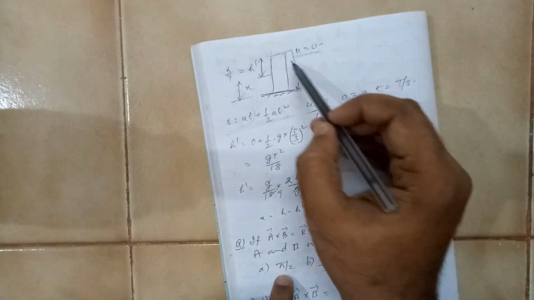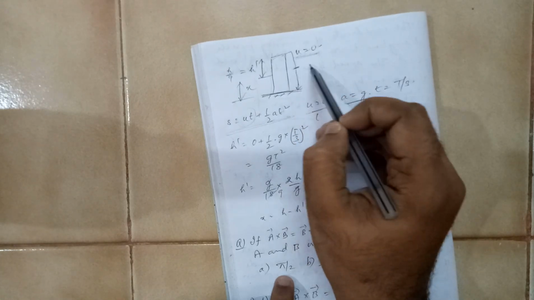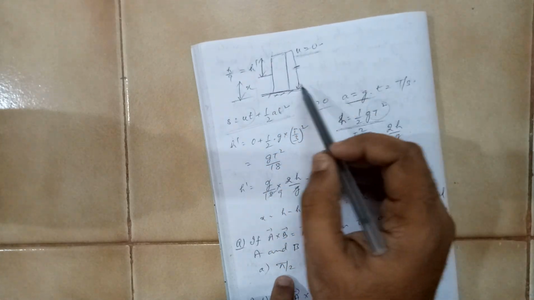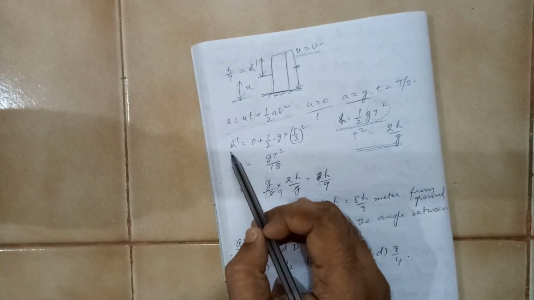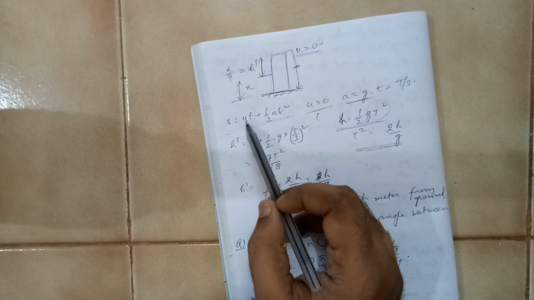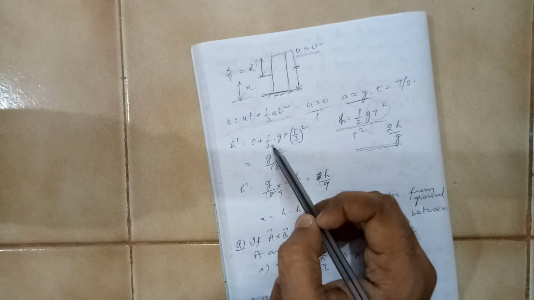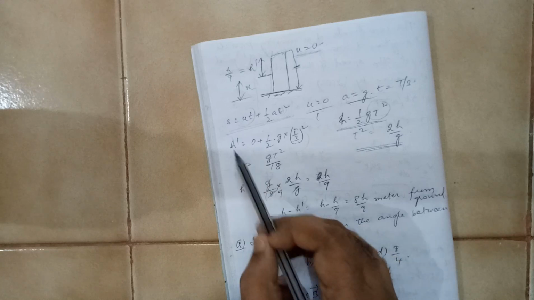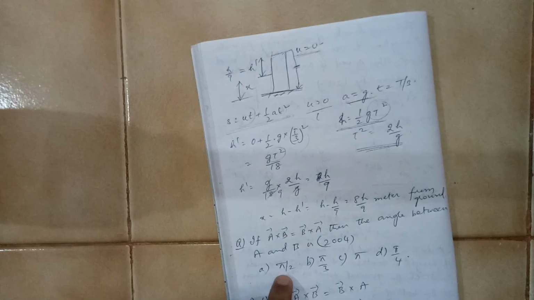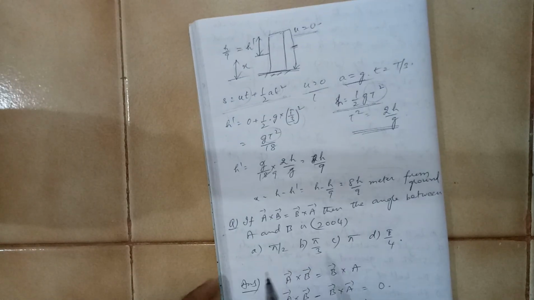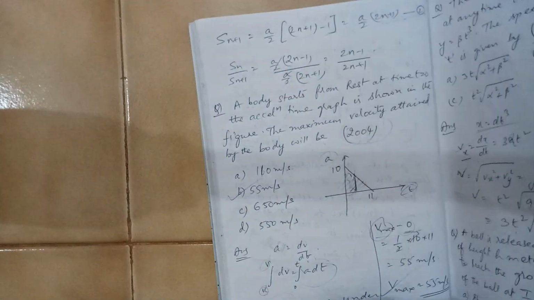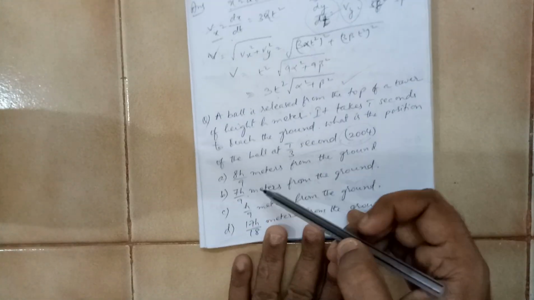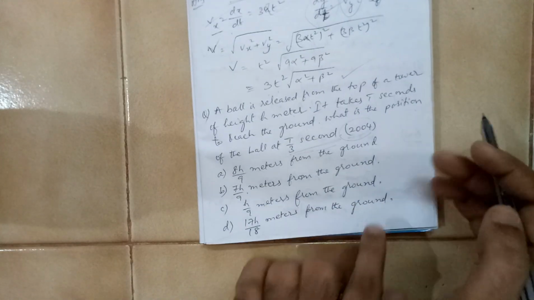And he is saying that after t by 3 seconds, where is the ball? The ball will be somewhere in the middle. Let us say that height is h dash. So h dash is equal to, again u is equal to 0, and half g. Here now the time will become t by 3. So you will get an equation for h dash, where there is a term of t square. Okay, you have two equations now. In this, you have to see the options also. Options are in terms of total height, so you have to convert this into the total height.